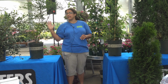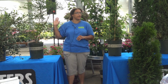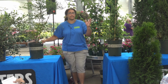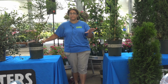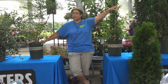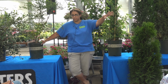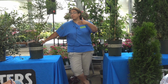The rest of us all have clay. The type and color of clay will vary a little bit from area to area, but it's pretty much clay. Very, very dense, hard to dig in. In either case, you want to definitely amend it. You've either got the sandy, disintegrated granite over there, which will not hold water too well, and everything passes right through it, and you have to be careful about whether the rock is going to prevent drainage. The rest of us, we're worrying about increasing our drainage,